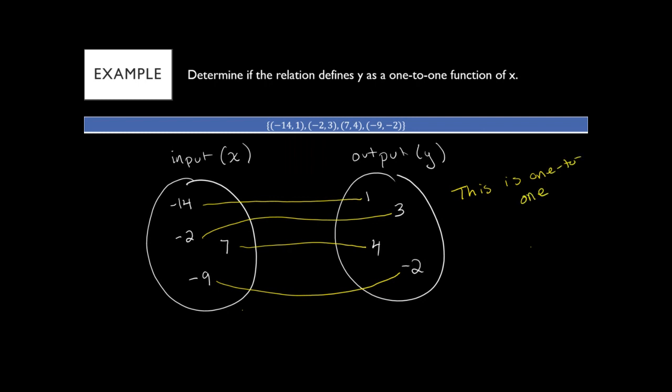So it would be not 1 to 1 if you had some numbers having more than one kind of connection here. Now, this concept of 1 to 1 is actually important in databases and computer science, because when you're designing a database